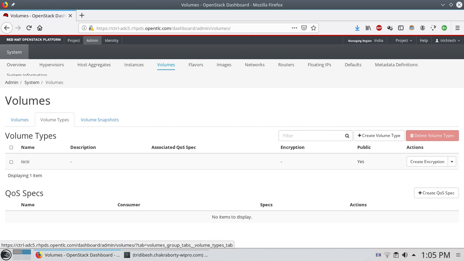You can see one thing, we are still seeing only the iSCSI type of volume. This is nothing but the LVM we already had. So still we are not able to see the NFS type of volume.